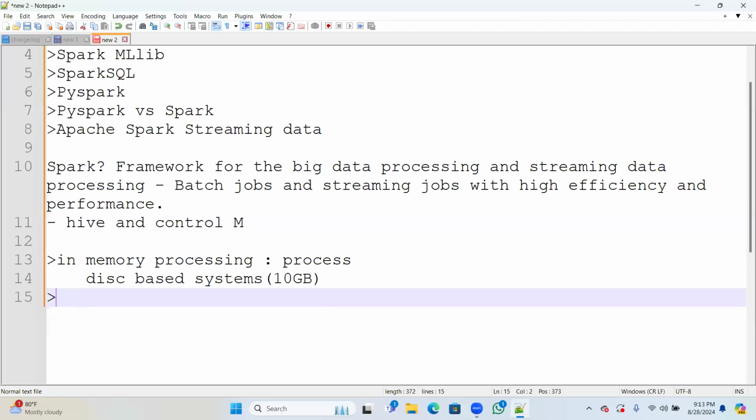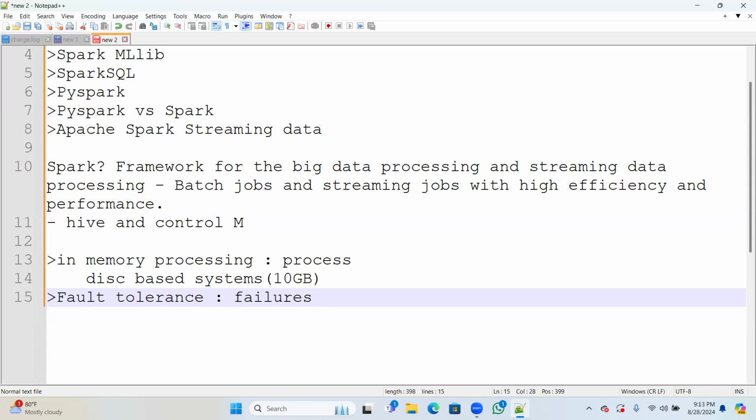That's one thing, and it is fault tolerant. For example, if you take other technologies, there might be chances of failures.